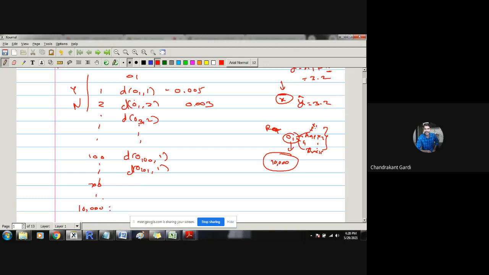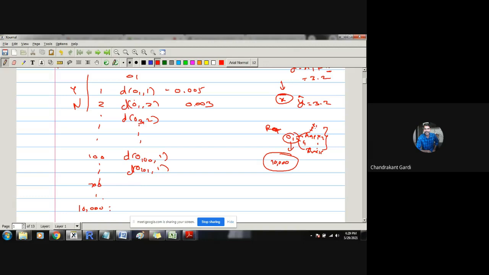And why are we doing this at the time when O1 arrived? Because we are calculating distances, and for calculating a distance we need to know what O1 is. So even if the data was given, O1 is not provided. Unless that new observation O1 is provided, we cannot calculate the distances. Therefore the mechanism of the KNN classifier is such that unless a test observation comes in, the algorithm doesn't start working.